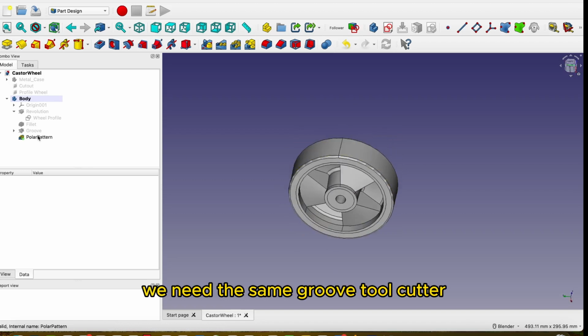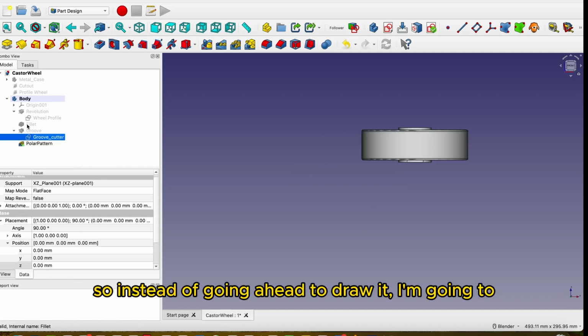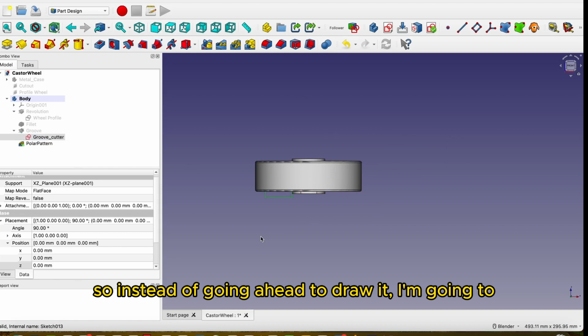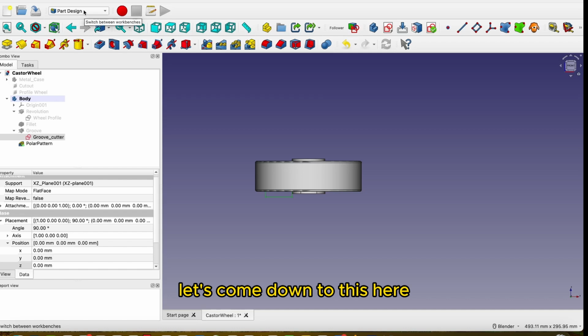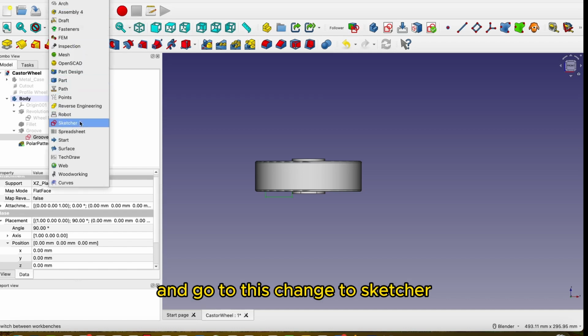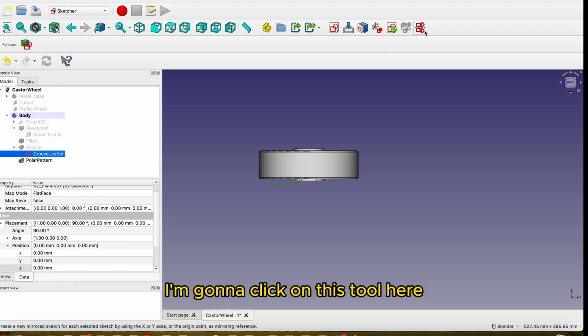We need to make the same thing for the top, and so because of that, we need this same groove tool cutter, but now in a different orientation. So instead of going ahead and drawing a new one, let's come down to this here and change it to Sketcher. So now in the Sketcher workbench with the groove cutter selected, I'm going to click on this tool here,